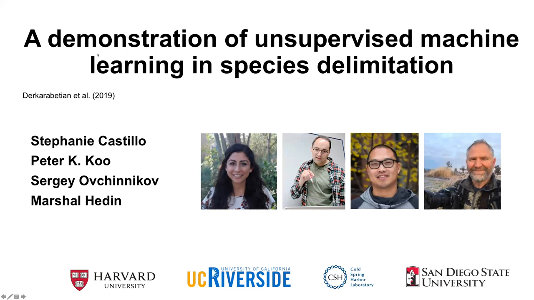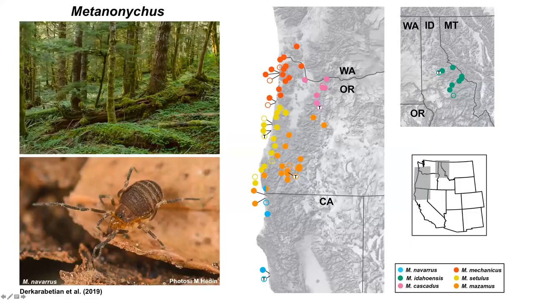So, okay, before I get into the methods, I'm going to give a bit of background because, despite the title of this paper, this was an integrative taxonomic revision of a particular genus of Opiliones. And that genus is Metanonychus. This is what it looks like. They are pretty small, less than 2 millimeter body size. So when you're talking about small organisms and morphological characters, this is difficult to work with.